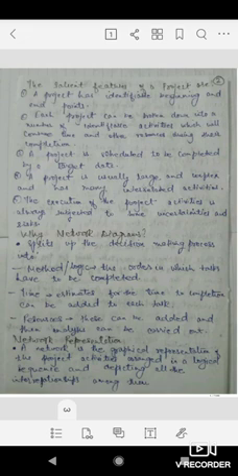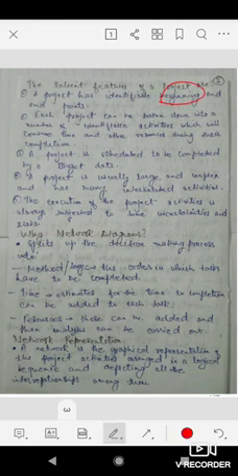In this lecture I will discuss with you the 7 features of a project. So the first feature of the project is that a project has identifiable beginning and end points. It means that all projects will have an identifiable beginning. It will have a certain time when we will start and when we are going to finish it. So all projects will have a starting time and a finishing time.